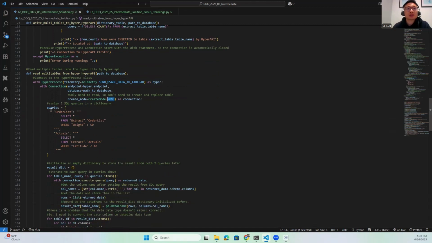And I declare the queries. You know we have two different tables and we need to filter the data for each table. So I use queries in a dictionary. The first key is the order list. So I filter the data with the weight greater than 50 and latitude less than 40 for the actual